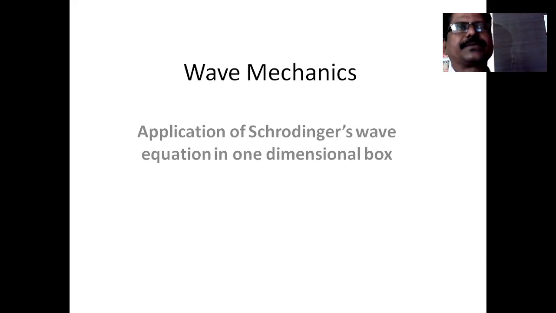So in your previous class, we discussed the wave functions, and how wave functions play a vital role in describing particles associated with waves. When particles exhibit wave nature, that wave should have a certain equation. That equation was derived by the scientist Schrodinger. Let us see how the Schrodinger time independent wave equation is used to find the particles in